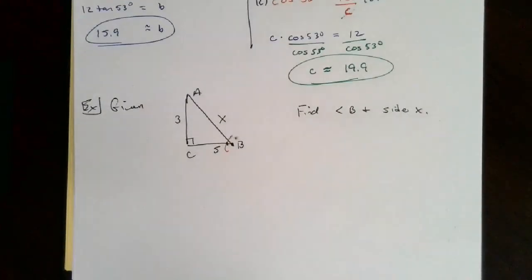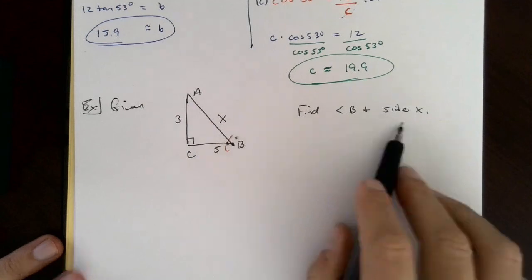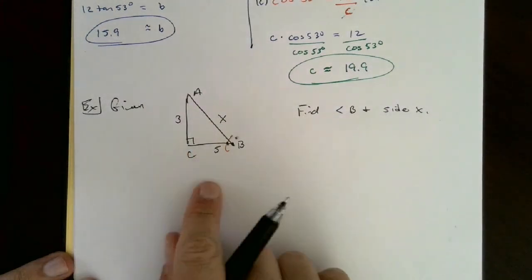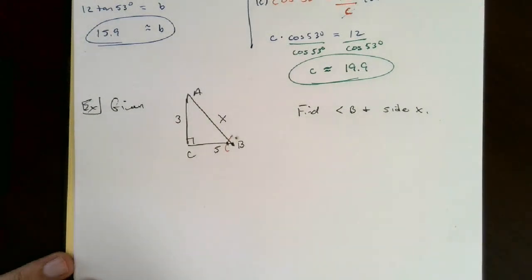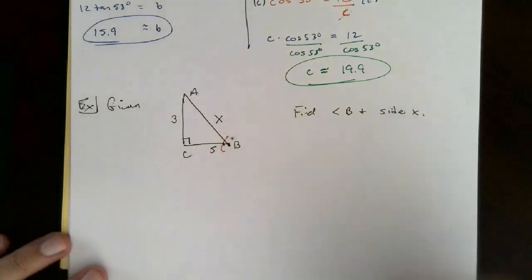The other problem I said to try out here, if you're trying to find angle B and side X, we've got this triangle given to us, trying to find angle B. Well, they didn't tell us anything about the other angles, or angle A anyways, so you can't just subtract from 180 because we don't know what angle A is either. So it's not that easy in terms of finding angle B, but finding side X we could do pretty quickly because we know two sides, we just need the third. So for side X,